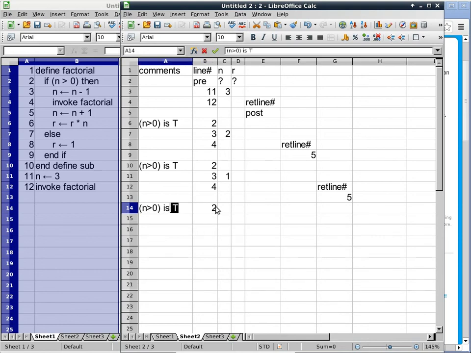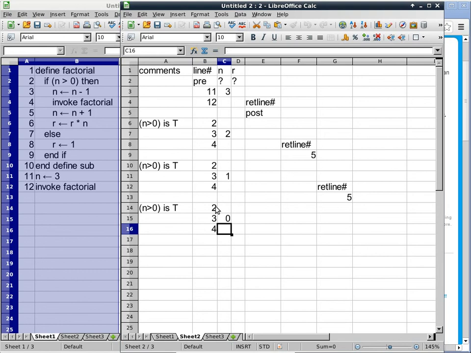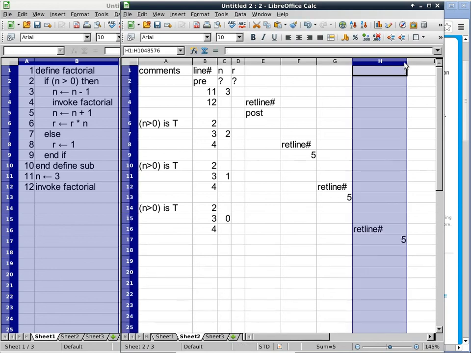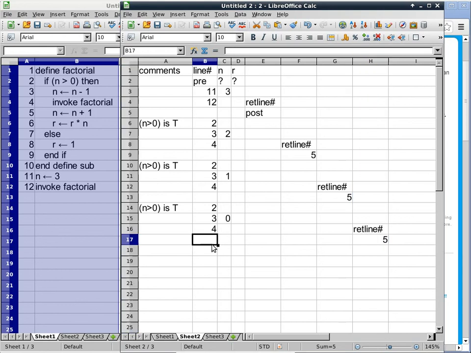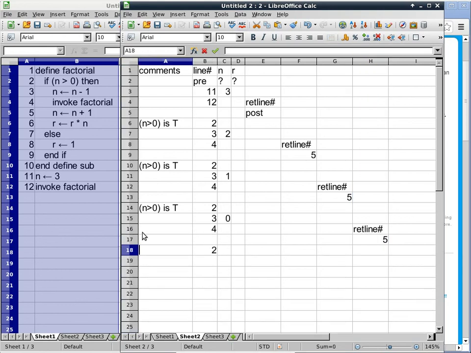n is greater than 0 is true. Go to line 3. We decrement n to 0. We go to line 4, which is an invocation. Do the same thing. Allocate the leftmost available column. Label it return line number. And the return line is line 5 because the invocation is on line 4. Then we continue execution for the last time in the invoked subroutine, which is on line 2. n is greater than 0